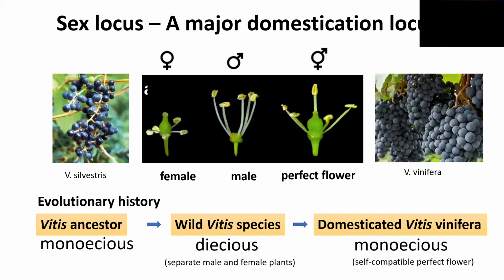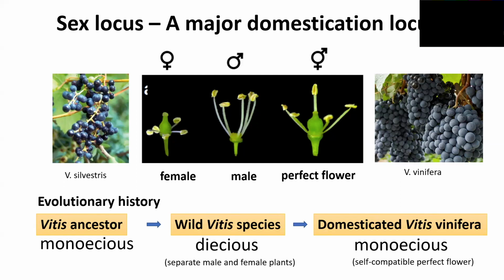So next, I'm going to tell you a story about grape domestication, mostly about the sex locus domestication story. This is work we did a couple of years ago. It's an old story, but it's a very interesting story, and it's relevant to the breeding we are doing now. The current model for sex determination in grapes suggests that